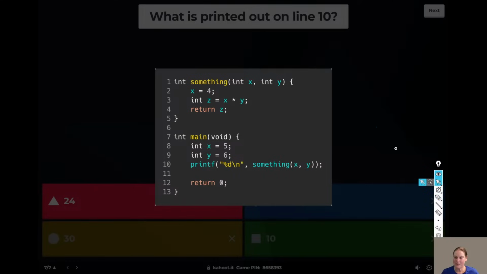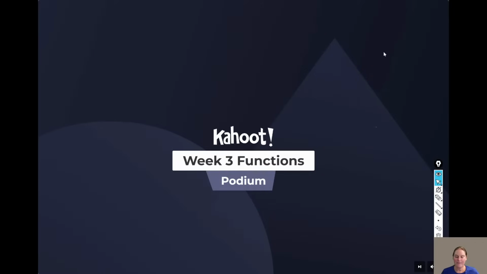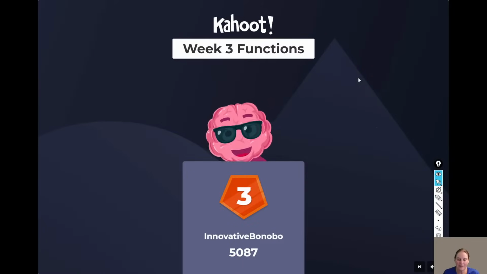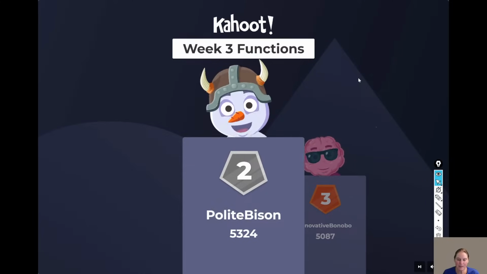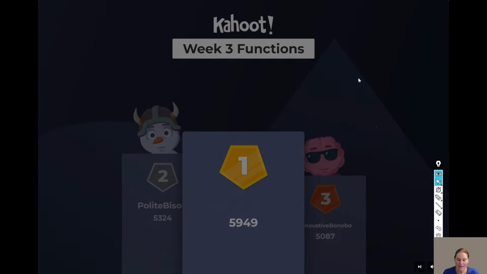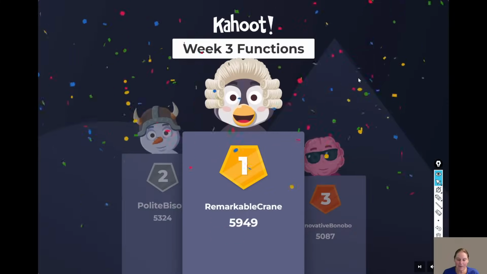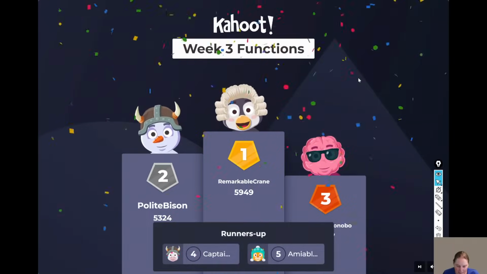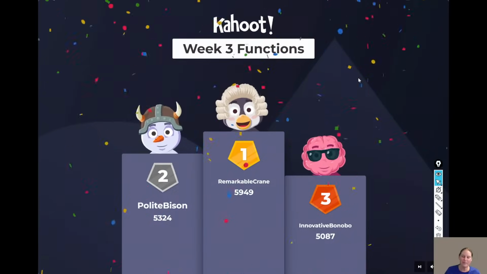Hang on, what am I doing? So let's see who. Innovative Bonobo, Polite Bison, and Remarkable Crane, well done. And Capital and Amiable, I didn't see the whole name. Well done to you too.